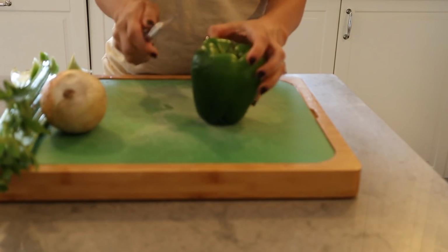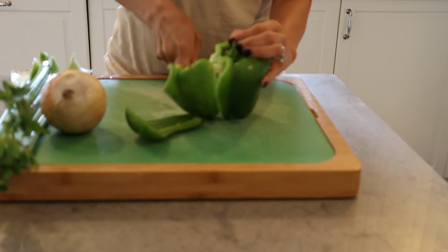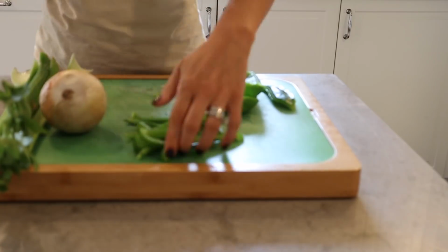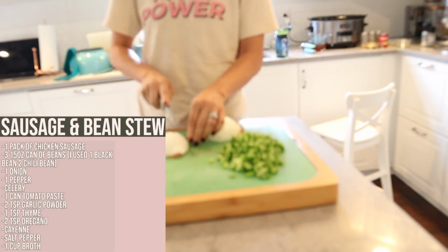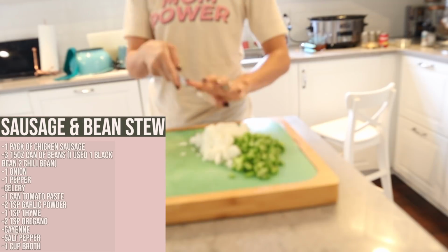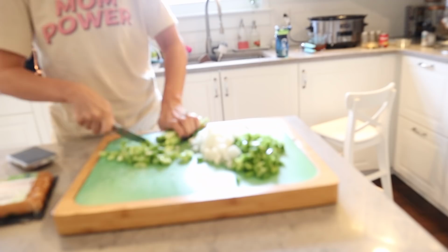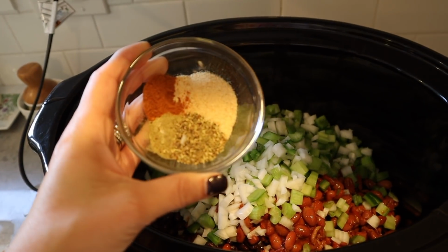Alright, so the next thing I'm making is a bean and sausage stew, and this is a really hearty, high protein stew, and it has a little bit of a spice to it, but you could definitely adjust that if you don't like spicy. The things that you're going to need for this are 1 onion and 1 pepper, of course, like everything else in our recipes. Some celery. I use quite a bit because I like a lot of vegetables in my stew, but use however much you'd like. And then we're also going to need 3 cans of beans, so use whatever beans you like. I used what I had on hand, so I used 1 can of black beans, 2 cans of chili beans,